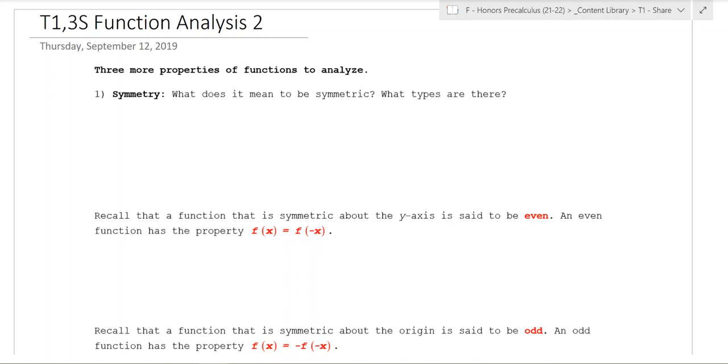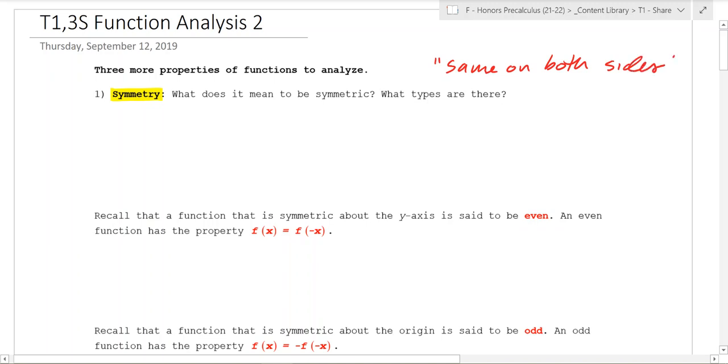Today we're going to be talking about symmetry. What does it mean to be symmetric? Well, the most common phrase you'll run into is "same on both sides." Now this is a little bit of an oversimplification because we're not necessarily going to have two sides, but it's the same on two sides,